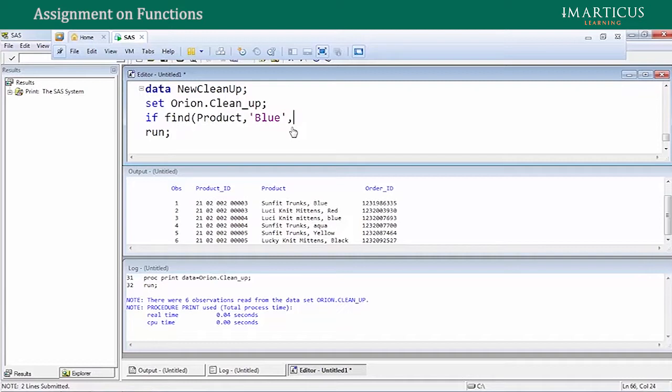comma, I say I, which is to ensure that when it is searching for this particular word, it is not considering the case. So this search should be case insensitive. So I say find product, comma blue, comma I greater than equal to 0, meaning if that particular word is found in my string, in my variable product, if the value is greater than or equal to 0, I say then do. If find product, comma blue, comma I greater than equal to 0, then do